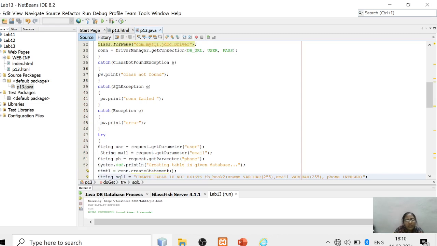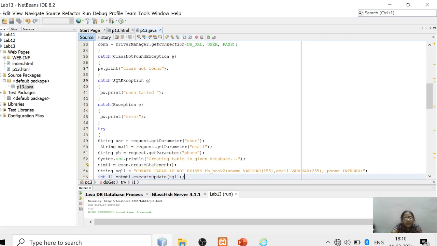For calling the executeQuery or executeUpdate methods for inserting or selecting records from the database, one needs the object of the Statement class, which can be obtained by calling the createStatement method of Connection. So here in this query I am creating the table called tb_book2.